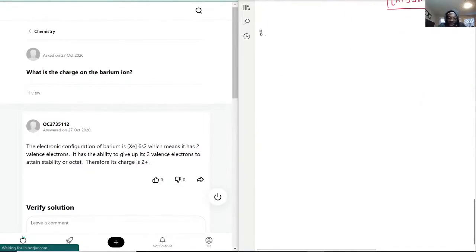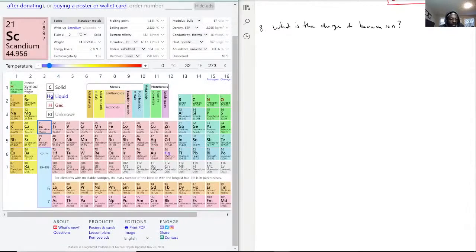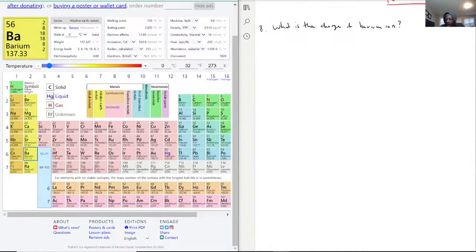let's move to question 8, and it's asking us, what is the charge of the barium ion? Okay, so with this, actually, barium is all the way down here. Okay, as you can see,